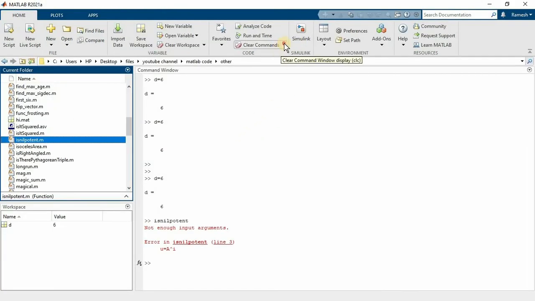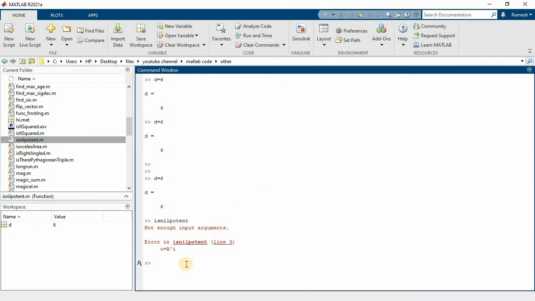Now the clear command. Clear is simply a command for clearing the history as well as the window. For example, to clear the window, type clc, simple, or go here and click on the command. Yes, clear. That's it, clc. This is Simulink: if you want to simulate any model directly without writing any MATLAB code, Simulink will help you. I'll discuss it later.